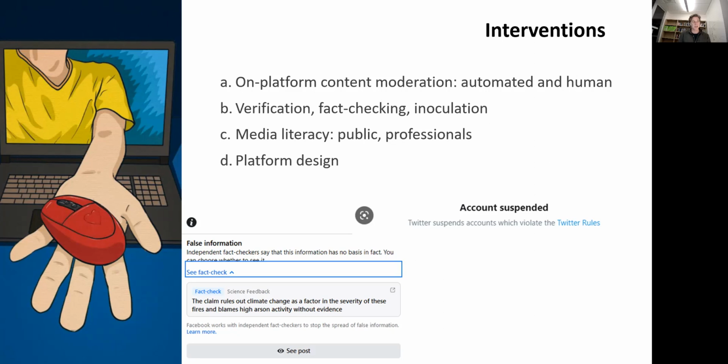Then you have fact checking, which arose out of a journalistic process of checking politicians' statements and publishing corrections, or fact checks of those statements if they turn out to be false in particular. Inoculation is a kind of new idea being applied here, which is sometimes called pre-bunking, which is